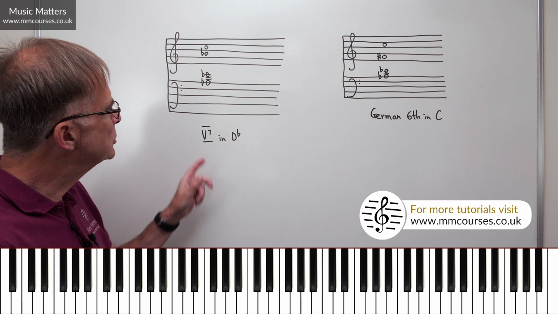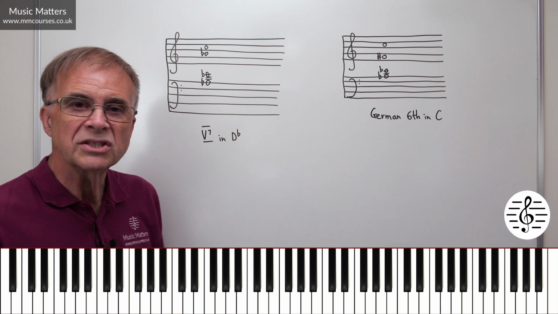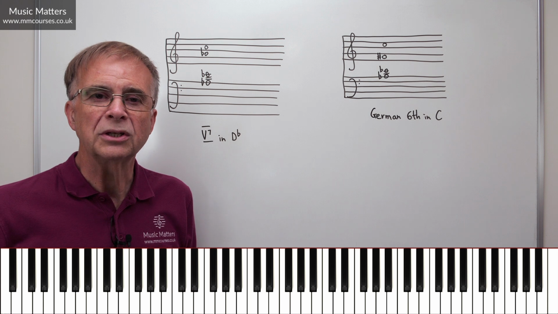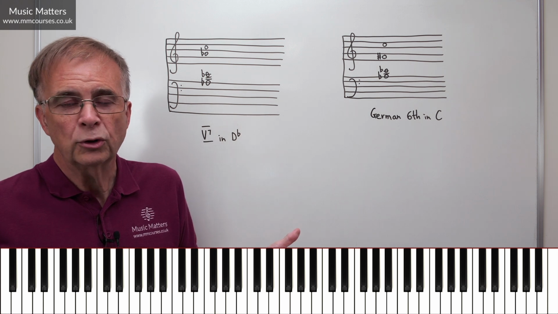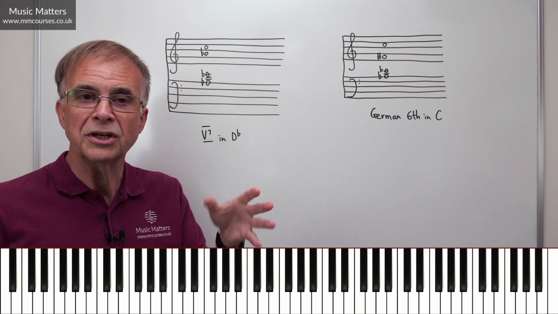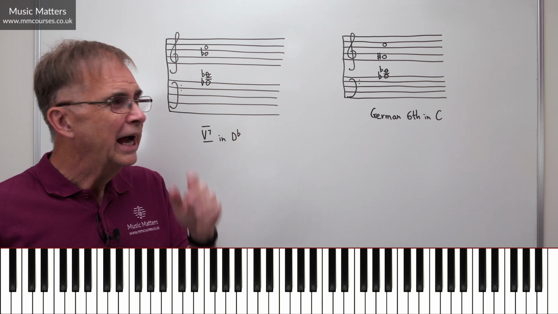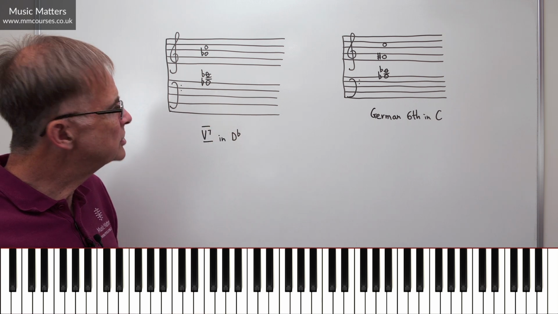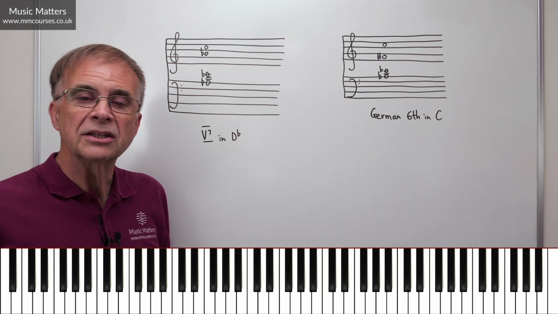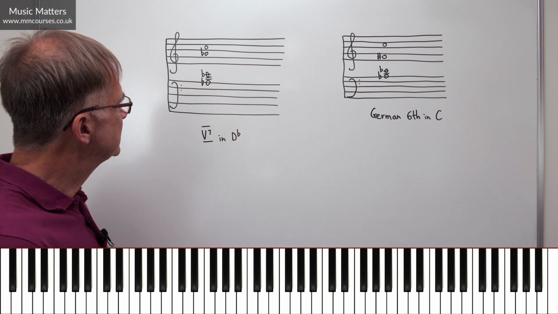Because if this is a dominant seventh in D flat, it's going to progress in a particular way. Now, there are conventions about what we do with chords and harmony, and of course you can break with these conventions should you wish to, but it's always good to know what the conventions are because there's often a good reason for them. And one convention about how you resolve a dominant seventh, what we call voice leading, is that the seventh falls by step and the third rises by step.